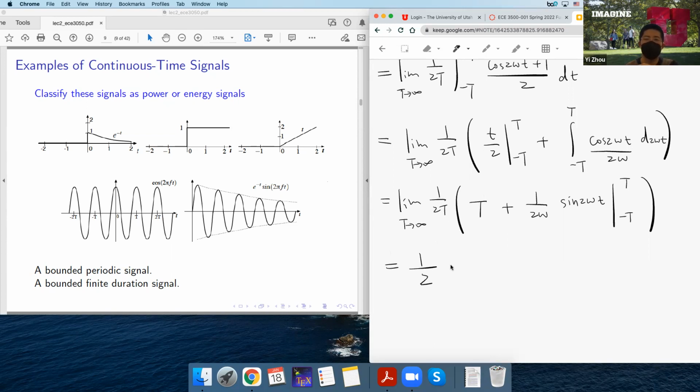So the first part we have a limit, but what about the second part? Because sine 2 omega capital T minus sine 2 omega negative capital T. The sine function is an odd function, so we have 2 times sine of 2 omega capital T. Right, so it's a minus sine of negative 2 omega capital T. This cancels out. 4 omega. So it is